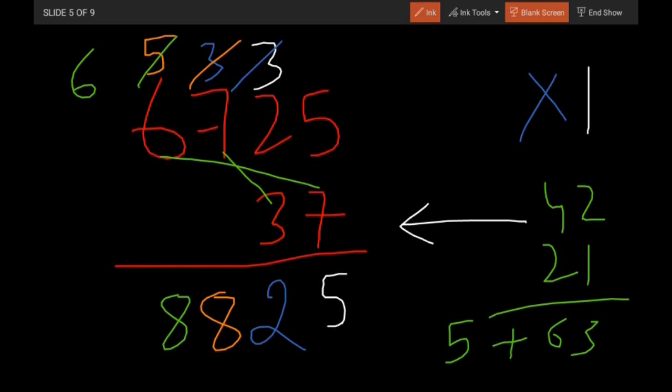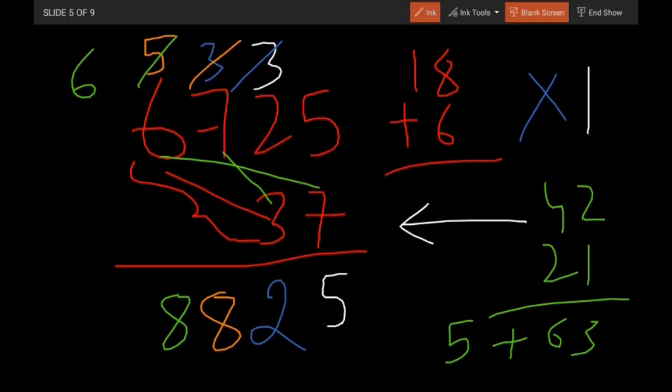Now the last step, as you know, the last step should always be like when we come through the last two numbers, these are the last two numbers, right? So we have to do it straight. Okay, so 6 into 3 is going to be 18, plus do not forget to add carry, so it's going to be 24. So the answer is 248825.